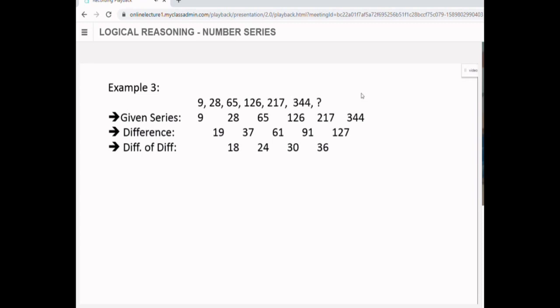Now it is 18, 24, 30, 36. How did I get 18? The first difference 37 and 19. Second difference is 37 minus first difference 19, that is 18. Still I'm not getting any clue. Again you find out difference of difference. 24 minus 18, 6. 30 minus 24, 6. 36 minus 30, 6. Now I got the difference equal: 6, 6, 6, 6. So now